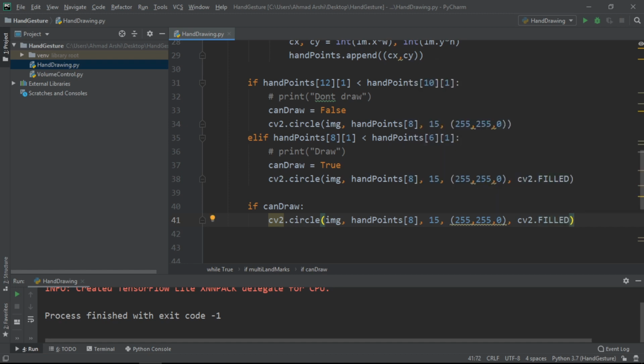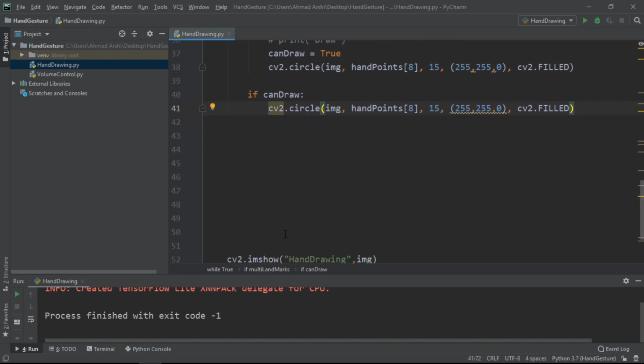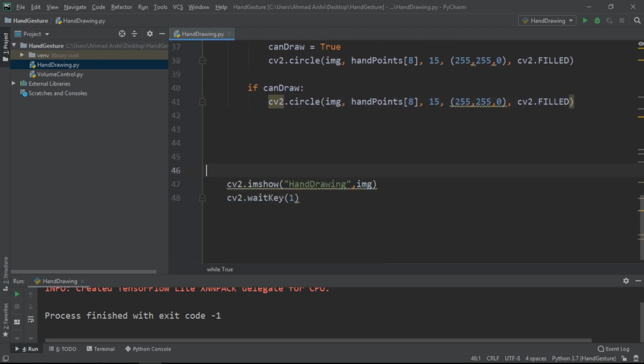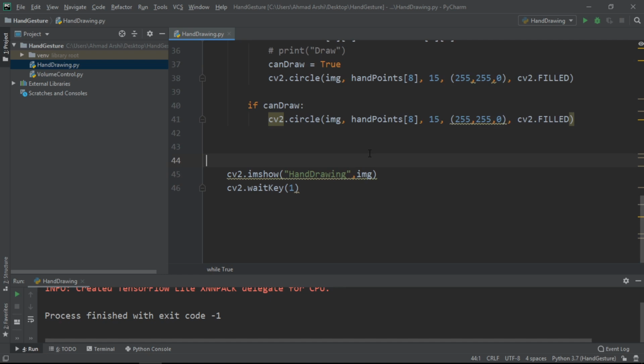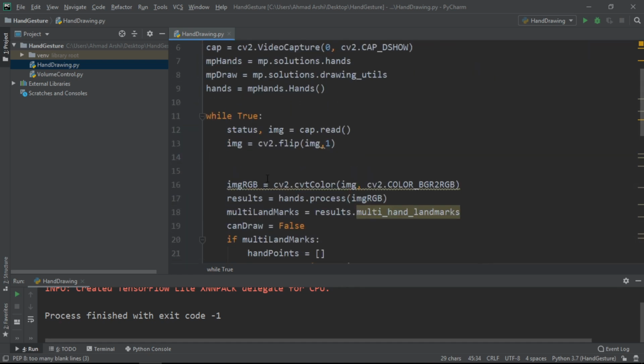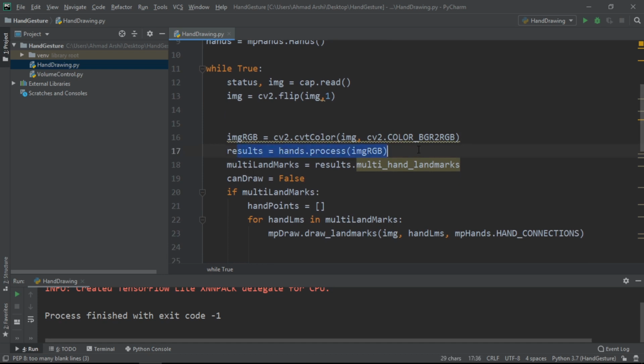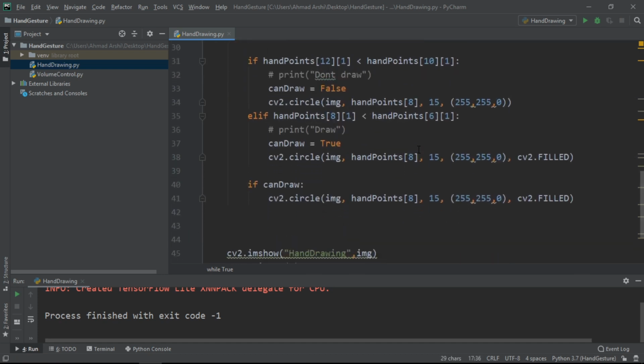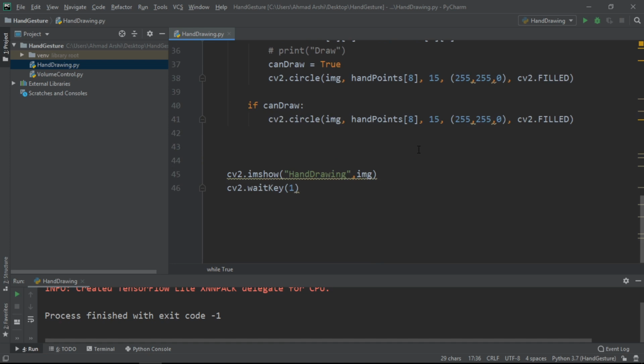Now when we just simply display that, what will happen is that initially it will try to draw on the image for this particular iteration. After drawing it, let's say I move a bit right, it will draw a line. Then if I go over here again, it will read the data, it will capture the new image, and that drawing on the previous image will be gone.